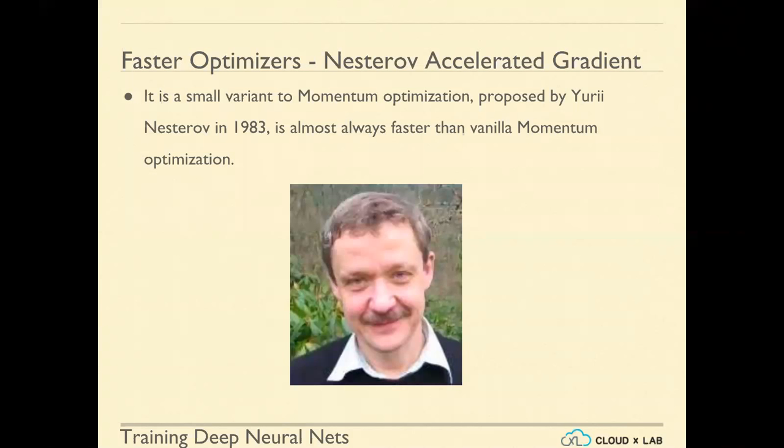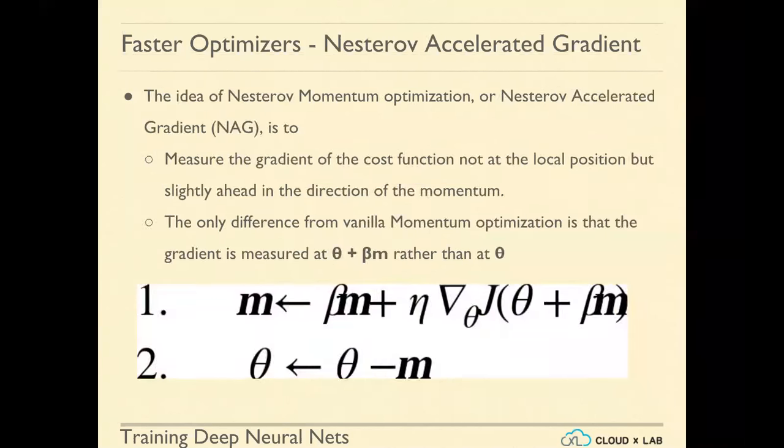Now, the further improvement to the optimizer came from Nesterov, and it was an interesting optimizer. Instead of computing the slope where you are standing, you look ahead, based on your momentum, to see where you will land in the next step if you don't move at all. We just take a look at that position,